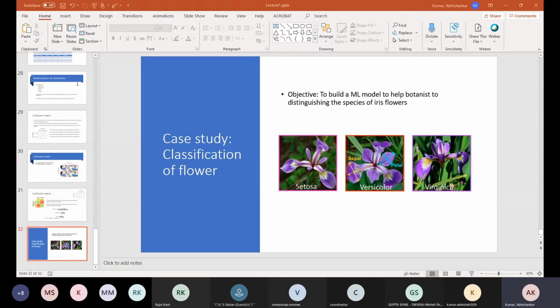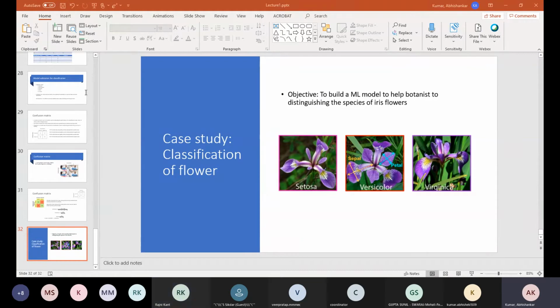And line number 13 to 19, who will explain what is the use of pandas? What is the use of pandas? For visualization?